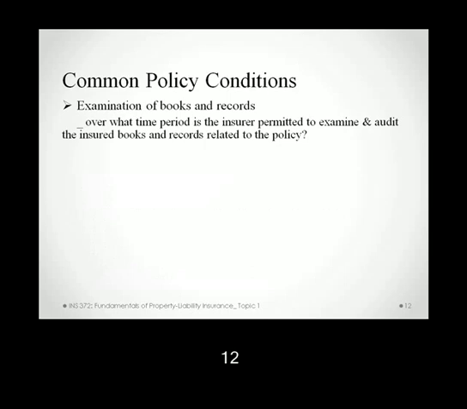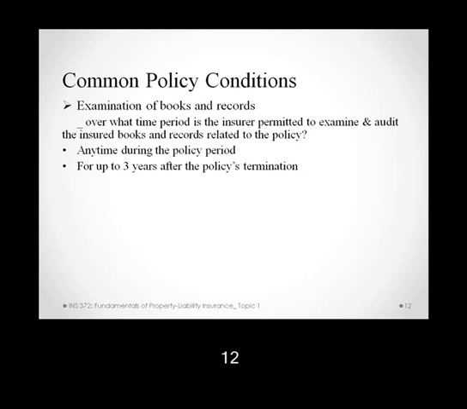Examining of books and records is extremely important. Basically, examining books and records will avoid moral hazard, and also it will avoid some policy fraud. Now, for how long can the insurance company examine the business's books and records? During the policy period, the insurance company can always examine the books and records. Even though the policy has terminated, the insurance company can still have 3 years after that to examine the books and records,